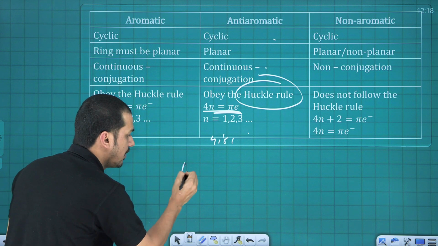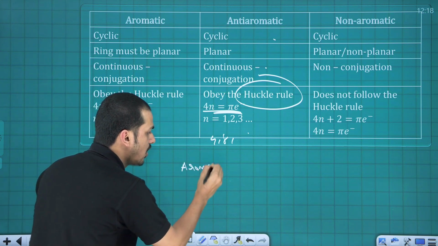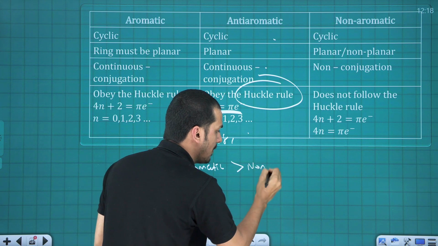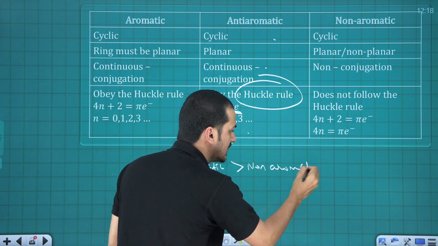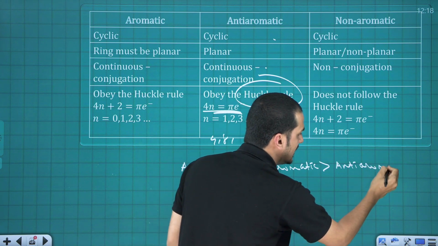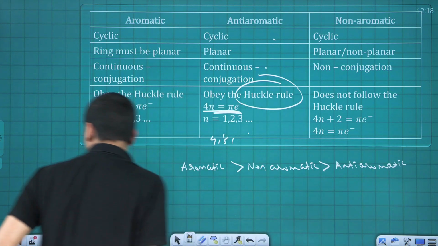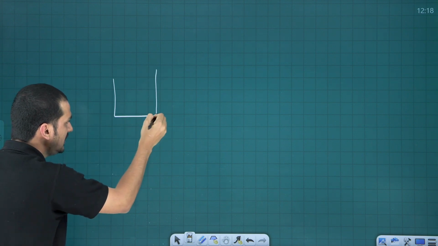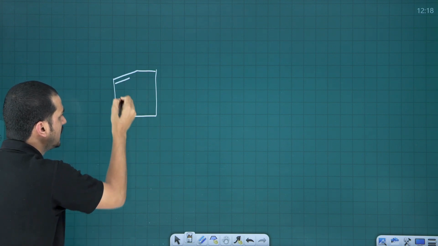They are non-aromatic. Always remember, aromatic is more stable than non-aromatic, and non-aromatic is more stable than anti-aromatic. That idea you have to keep in mind. Let me explain with one example. Easy guys, easy. Once you look at these 3 compounds,